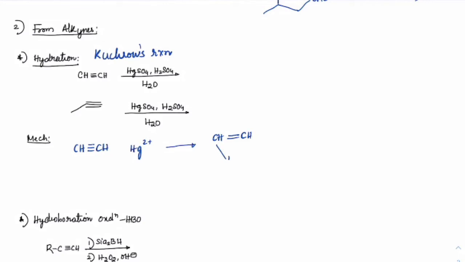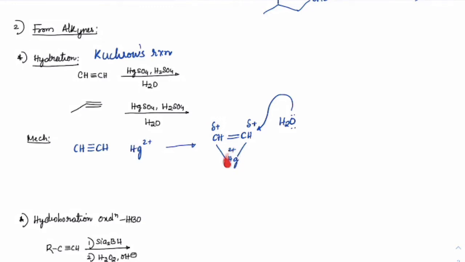with CH, Hg2 plus been added like this. So this would get sufficiently delta positive on it, and H2O as a nucleophile here undergoes addition. Well, this addition would happen on the more substituted carbon, correct? Remember the same thing we have discussed during the ethers also, cyclic ethers, which is epoxides. The same fundamental here also.